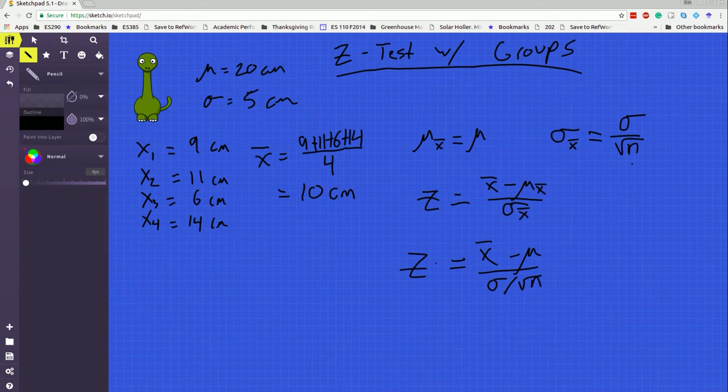Okay, let's go ahead and plug in our numbers. Our numbers are equal to an average of 10. From that, we subtract the mean of 20, and we're going to divide by the standard deviation of 5, which in the denominator is divided by the square root of 4, because in this case we have 4 measurements, so n is equal to 4. And if we were to punch in all of these numbers, we would end up with a z-score of -4. Okay, so this group of measurements is 4 standard deviations away from what we would expect if we were measuring